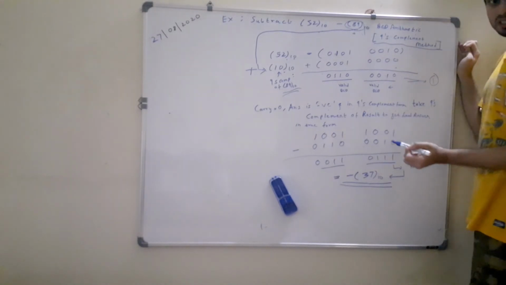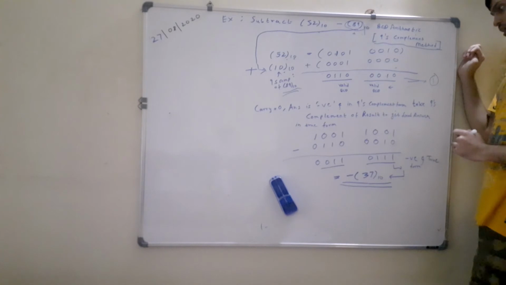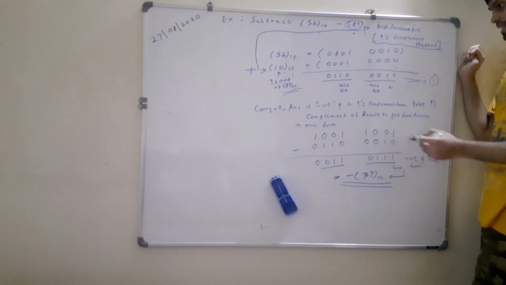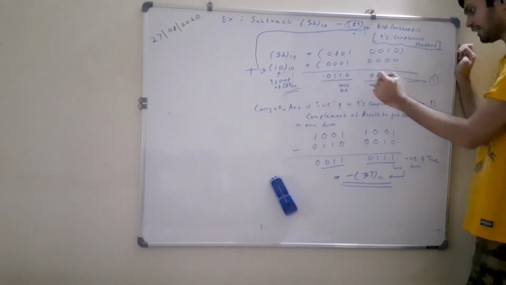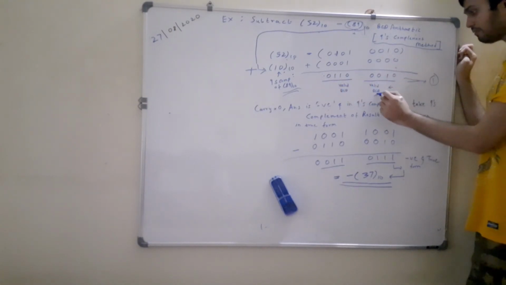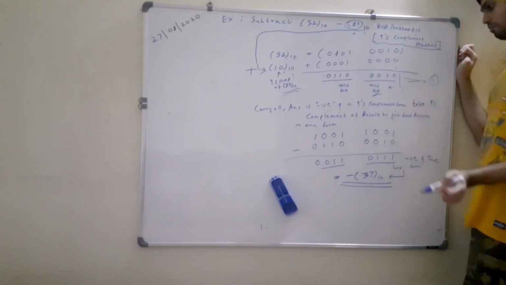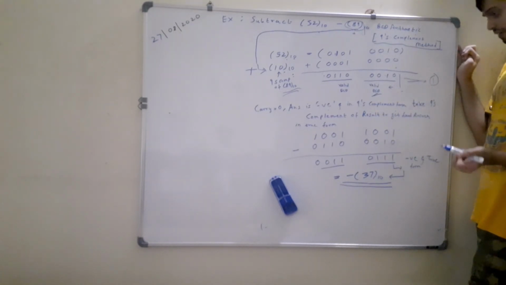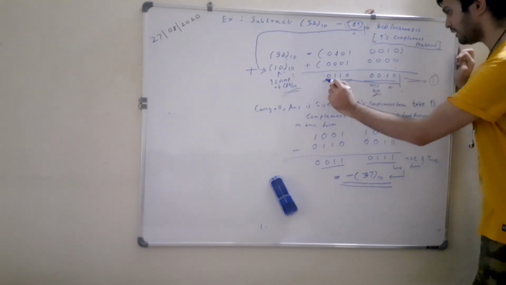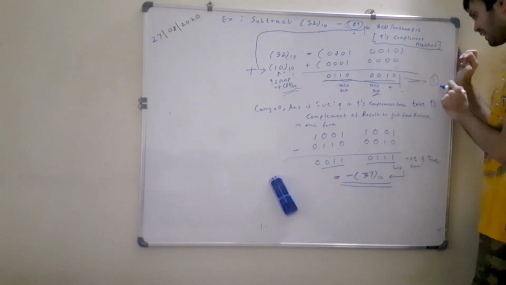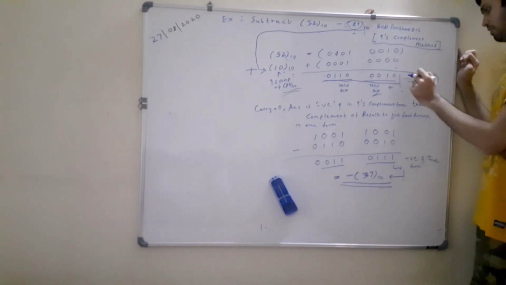But we don't want the answer in 9's complement form. We want the answer in true form. So what we will have to do in this case, as carry is 0 and answer is negative, as no carry is generated and the answer is also in valid BCD, but just the case is that it is in 9's complement form. So in order to obtain the result of actual subtraction, we need to take 9's complement of this result, that I have here marked as 1. So we need to take 9's complement of this result.